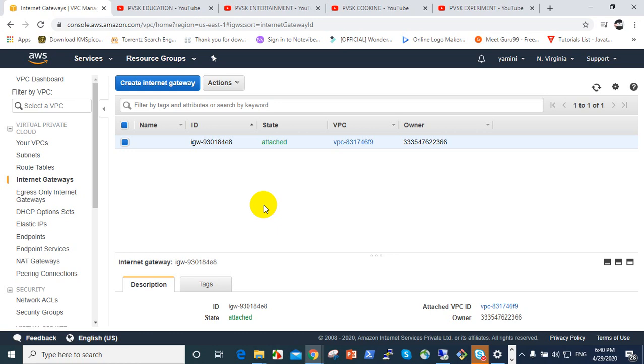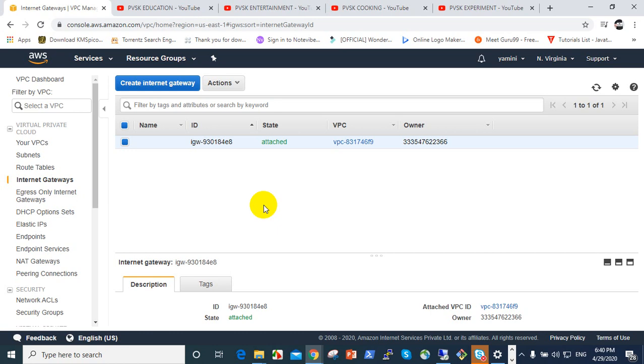For that internet purpose, the internet gateway is very useful, and it also allows communication from one network to another. That's the main thing here.